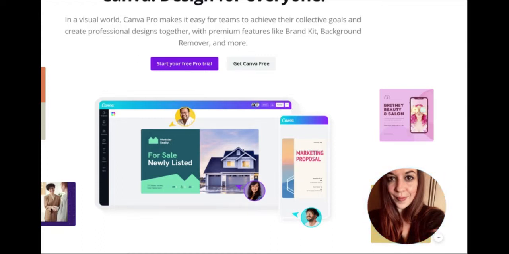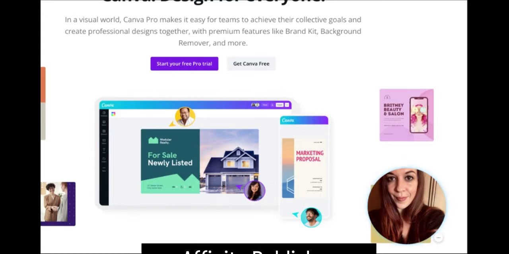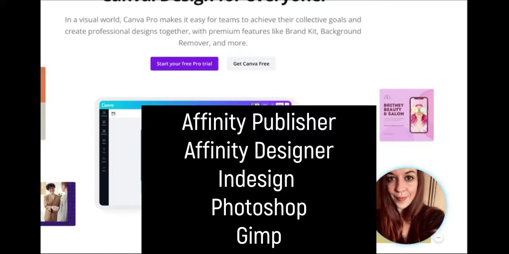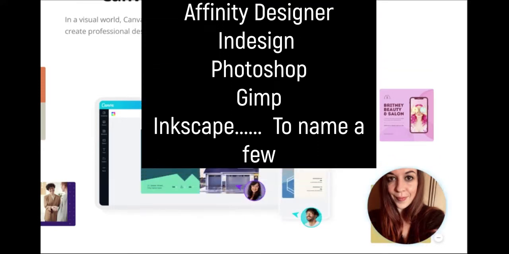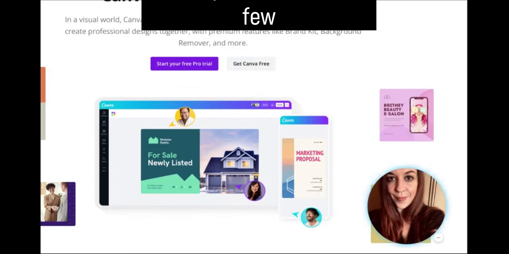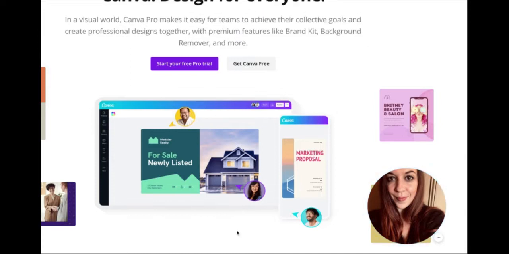Canva is very easy, and it's something that I had experience with for several years, and that's why I continued with it. I also did learn Affinity Publisher and Affinity Design, but because I was so used to Canva, that's where I really am comfortable, even though I do still use Affinity Publisher sometimes. But you can go for Affinity Publisher or Design, and then there are things like, of course, InDesign, Photoshop, and other free programs as well, such as Inkscape or GIMP. And all these programs have plenty of different tutorials that you can go and see on YouTube.